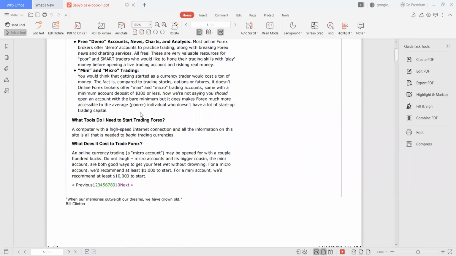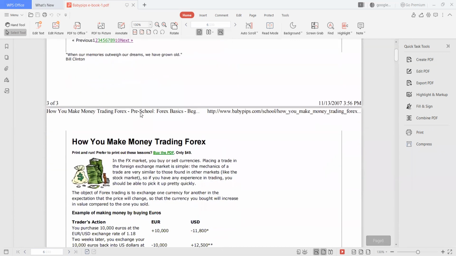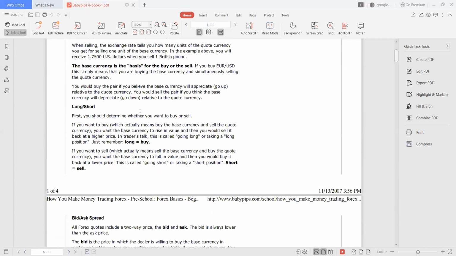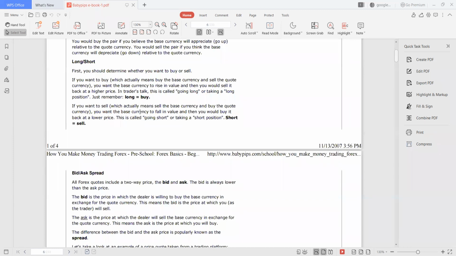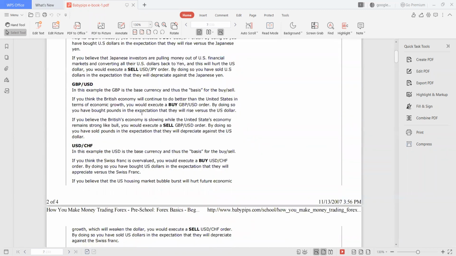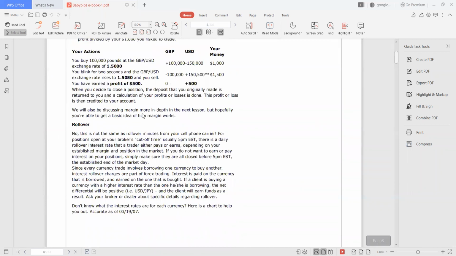All right. So the things that you need to trade forex, internet, all these things, we have them covered. Now, you need to know these words. They are very important. Long means going buy. Short means selling. Bull or bullish means the market is going up. Bear or bearish means it is going down. I hope you have your notepad with you.